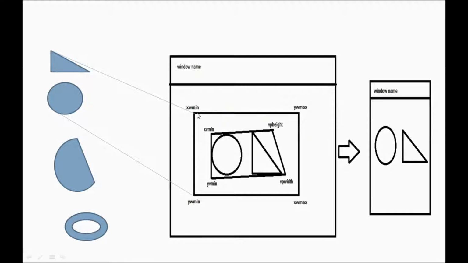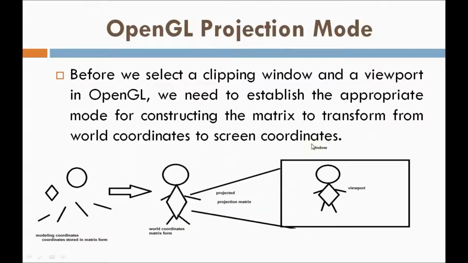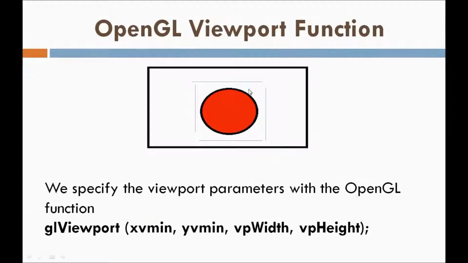In the same way as the clipping window, I can set a viewport also using these 4 parameters. Sometimes the size of the clipping window and the size of the viewport will be the same. You can consider it like that also. If you have any doubts, please post your doubts in the comment section. So I set the viewport. Getting, guys? So to display the image, what do you need? You need a display window. Within that display window I need a clipping window and a viewport.